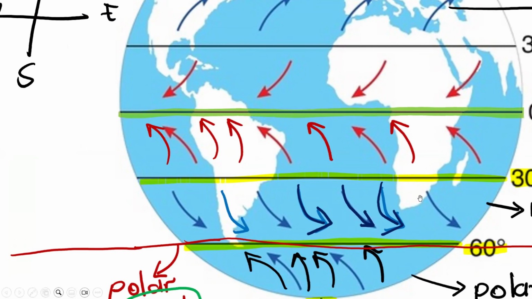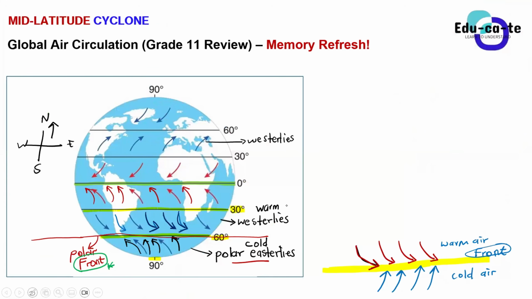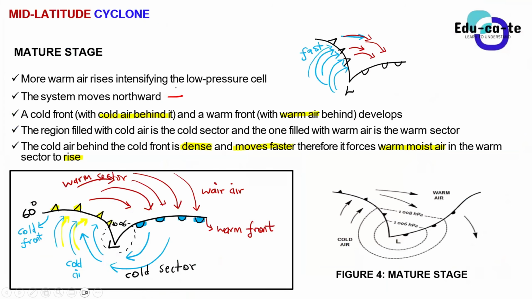Do you see that there's South Africa somewhere here? Do you see South Africa, guys? Yes, sir, there's South Africa. Look carefully. I cannot highlight because I'm zooming it in. So the mid-latitude cyclone will move up to the north, and it will end up affecting us here in South Africa. But we'll get to that later. That happens during the mature stage. You don't really need diagrams to draw that. You just need to know that this mid-latitude cyclone moves northward. Is that understood, grade 12s?